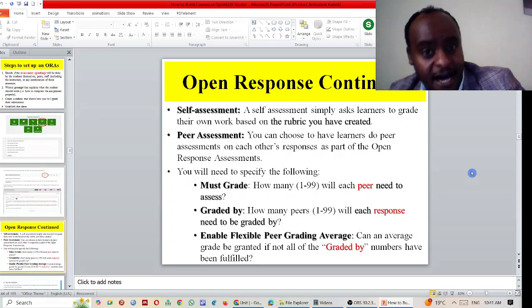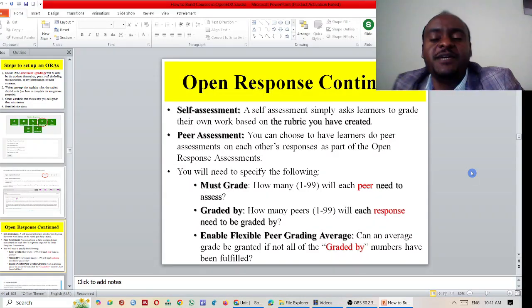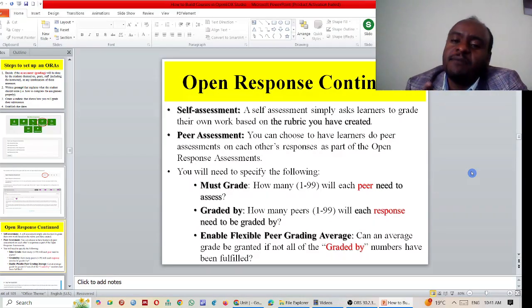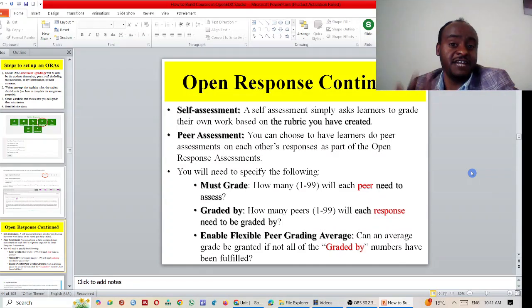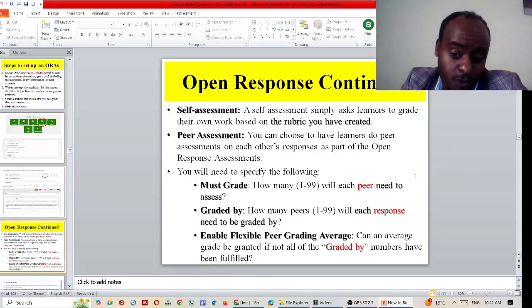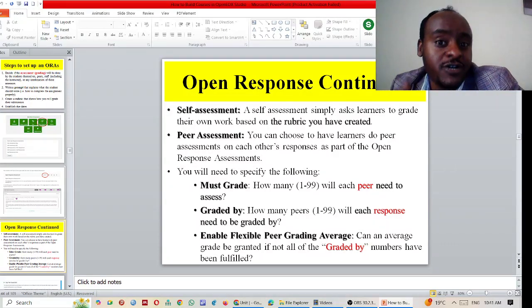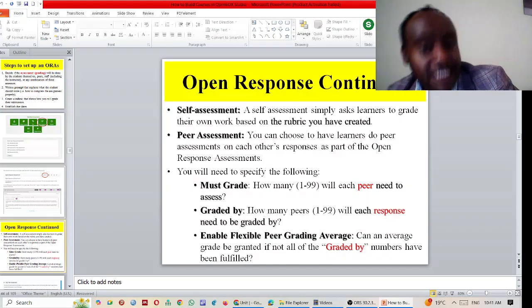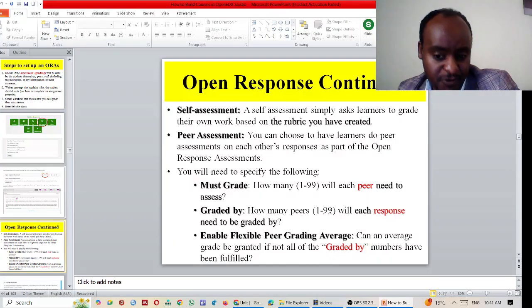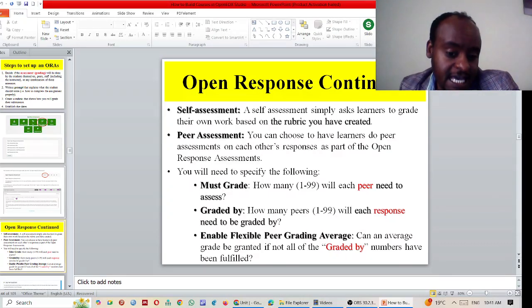The other one is graded by. Here, how many peers will each response need to be graded by? Like for example, one response may be graded by 5 students. You see, one response, one answer can be graded by several. You need to set that from 1 to 99. You can use one of the numbers from 1 to 99. So you can write that. So you need to state how many students evaluate or make assessment for one given response. That's what we call graded by: the number of students or the number of peers by which each response needs to be graded. And then another one is enable flexible